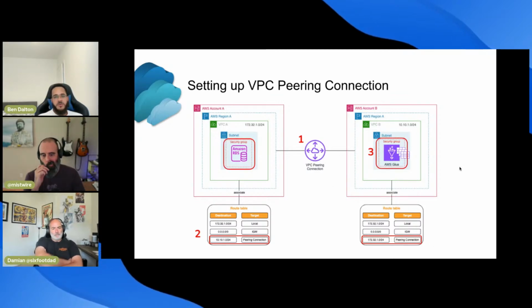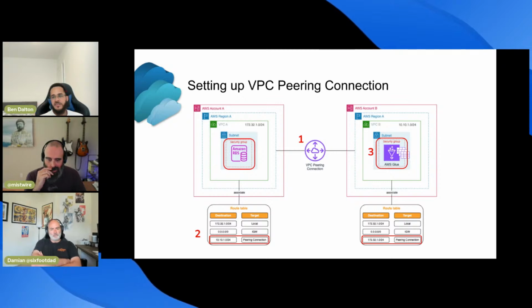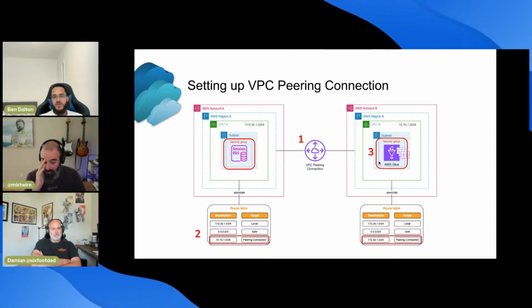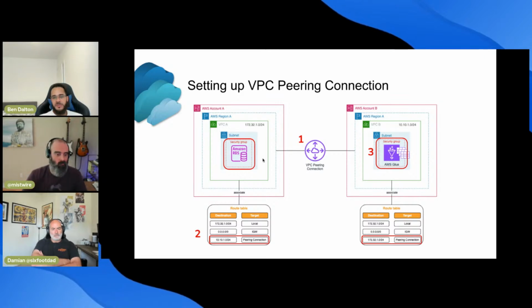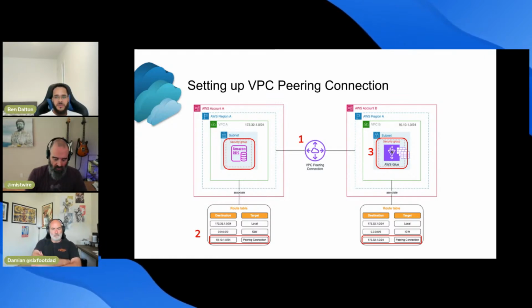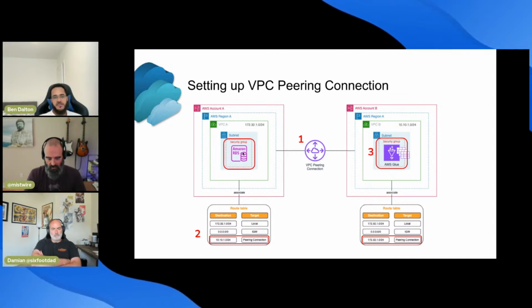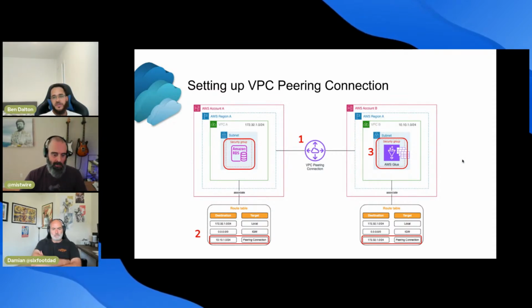The next thing you would do, and in this case this will obviously vary depending on your use case, you will update your security group rules. In this instance, we had a Glue connection which had a security group attached to it, and the other account had an RDS instance with a security group attached to it as well. We needed to tell the RDS instance to accept inbound requests from our Glue connection. And once that's set up, then you have working connectivity.